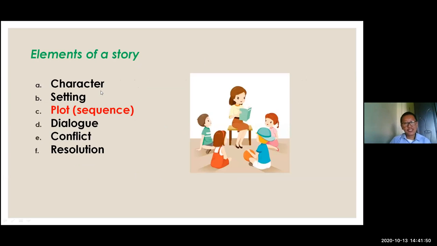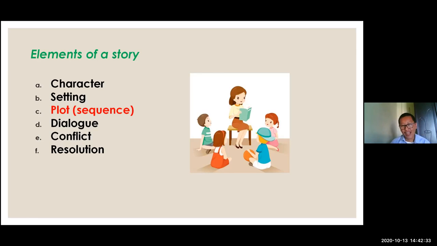Okay, so this is for both writing and then telling your story. Try to choose as few characters as possible. The reason is, if you choose many characters for your story, then when you are telling your story, you need to change your voice. You may have to tell a story from the point of view of a grandmother, right? And it is you who has to play the part of the grandson also. There may be a communication between a grandmother and a grandchild. So at the time, you need to change your voice,